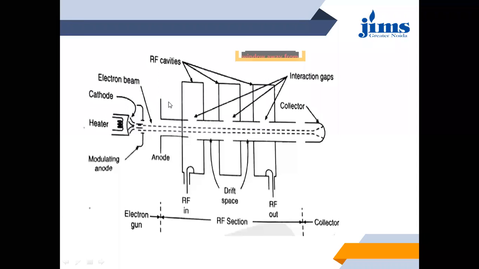So I'm asking you, do you remember the working of a CRT? If you remember the working of a CRT, you will be able to understand the concept of these klystron tubes or magnetron tubes easily. So the very first thing here is a heater. It is a kind of filament device, or a device which emits electrons whenever it gets heated up, whenever it gets certain energy.